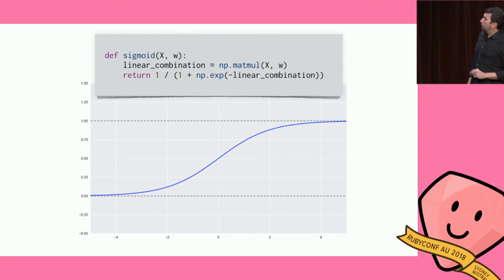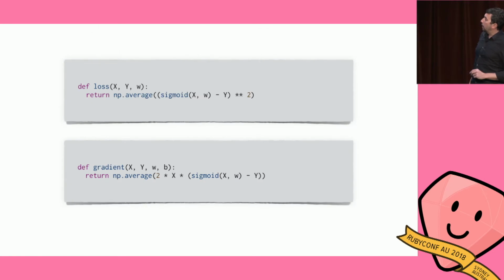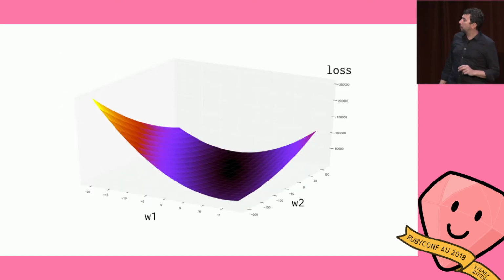You might remember the loss from yesterday, okay? The loss and the gradient of the loss. Now it's even simpler because we got rid of B, so the gradient is a one-liner as well. You might remember it looked like this. The problem is that once you add the sigmoid to the recipe, I like cooking metaphors in general,